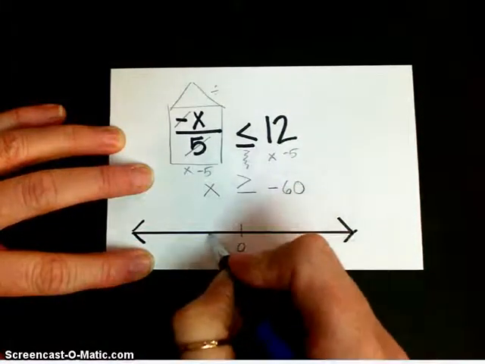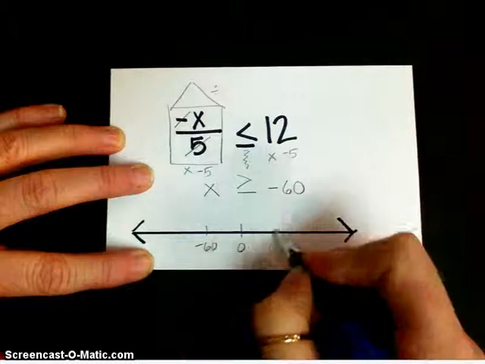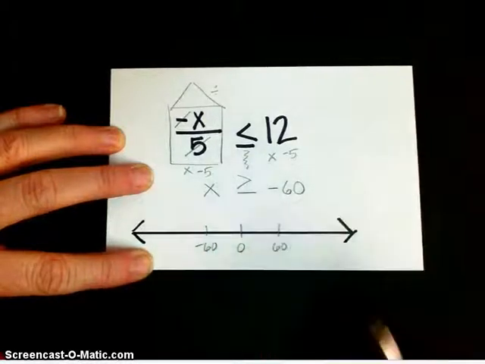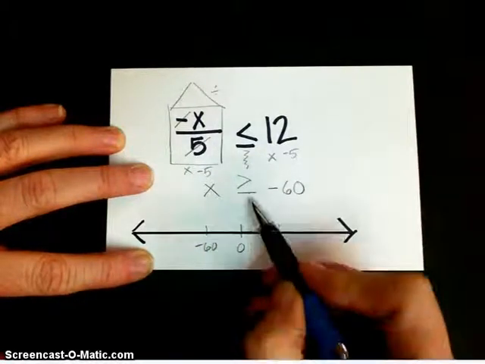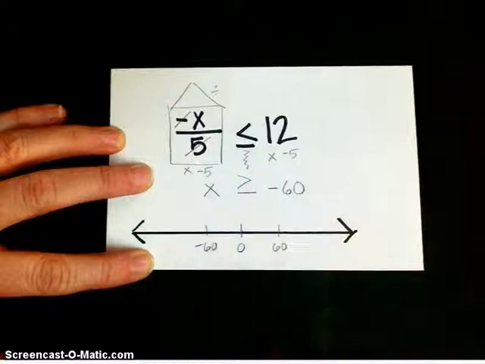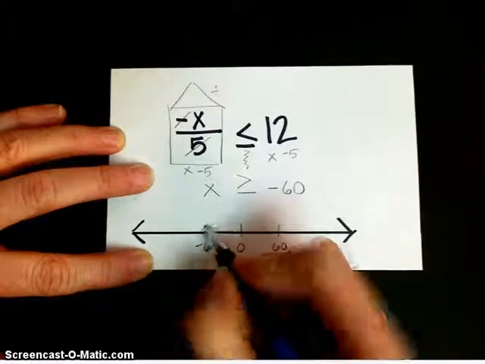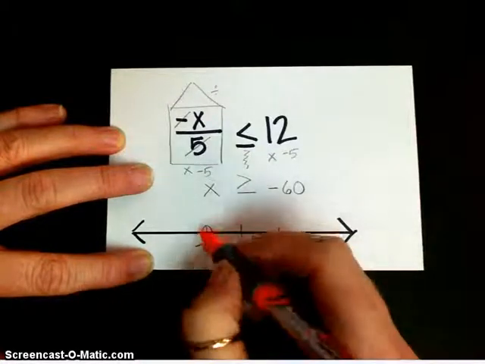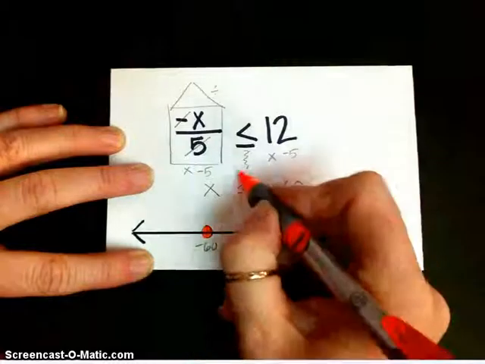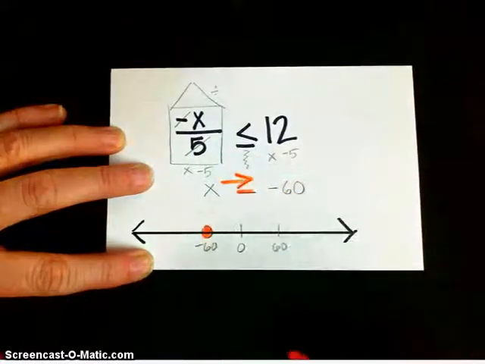So if here is 0, here is -60, here is +60, x has to be greater than or equal to -60. So here's my donut hole. It's going to be filled in. And since my arrow is pointing to that direction to